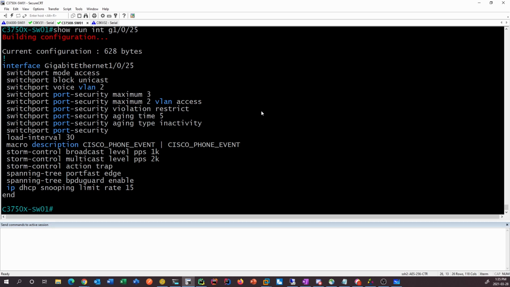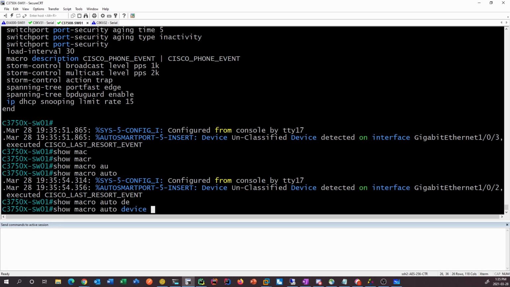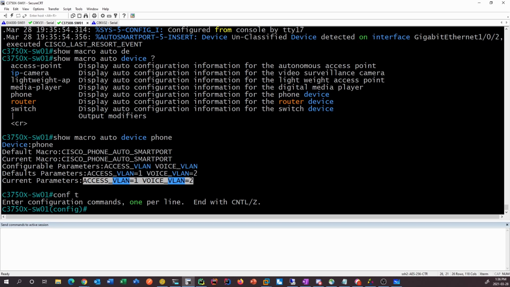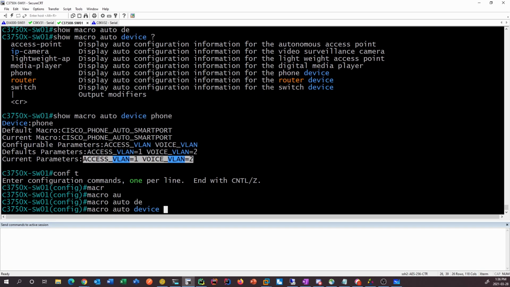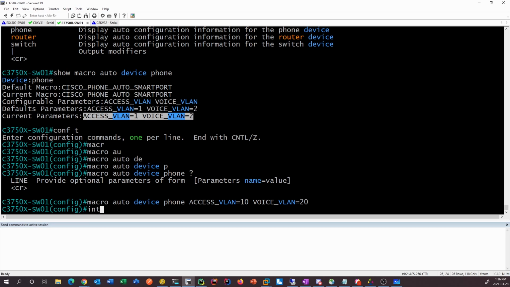So we can have a look at what the defaults are by going show macro auto device, and we'll just say phone for example. So we can see that these are configured with 1 and 2. If I just copy this here, I can change this to be whatever I want. So I'm just going to say macro auto device phone, and instead of this, we're just going to say VLAN 100. Actually, no, I said 10 and 20. So now if I flap those phones,